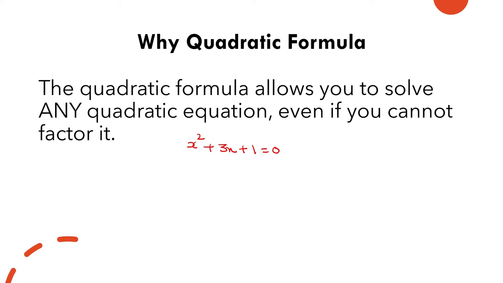it. So in these types of situations where factors are difficult to make, or let's take some more examples, 3x square minus 50x plus 45 is equal to 0, or where numbers are large, it's very difficult sometimes for us to make out which factors we can make out of it. Here the quadratic formula is very helpful to us. The quadratic formula can solve any quadratic equation even if we cannot make factors out of it.